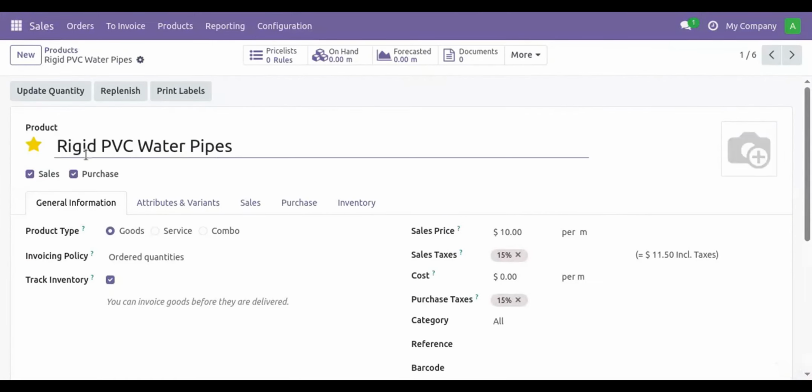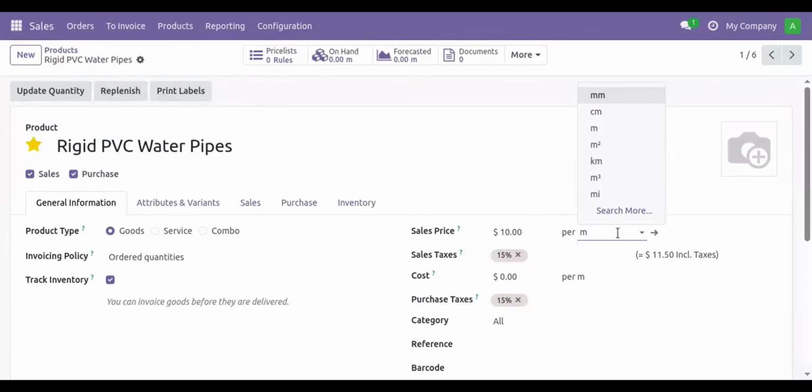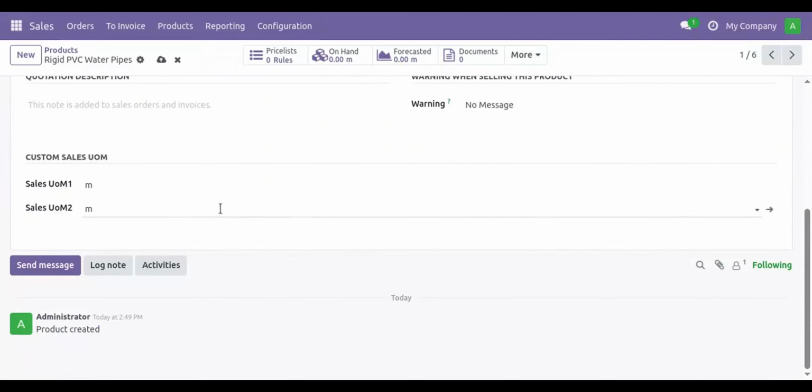Here we have rigid PVC water pipes in meters, with the sales price given as $10. In the sales unit of measure, you can see the sales UOM1 and the sales UOM2 are in meters, which is taken from the default unit of measure.